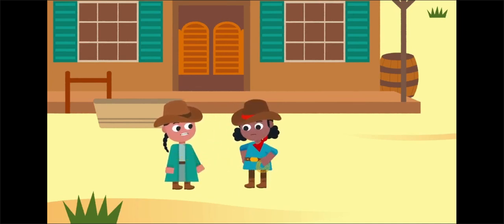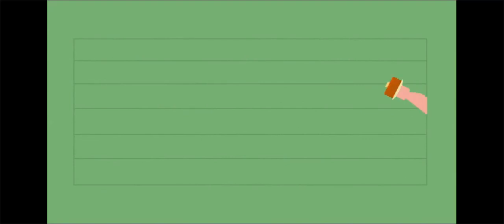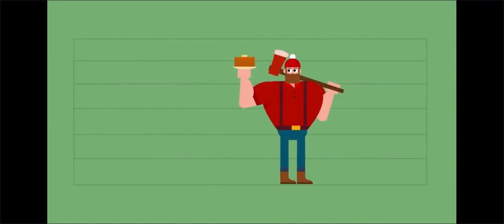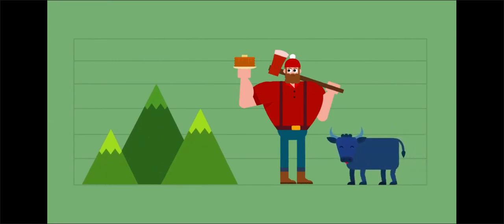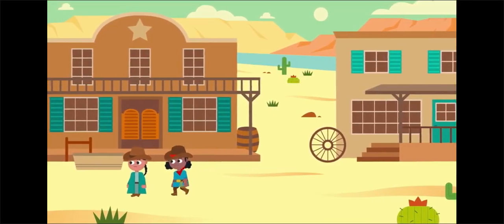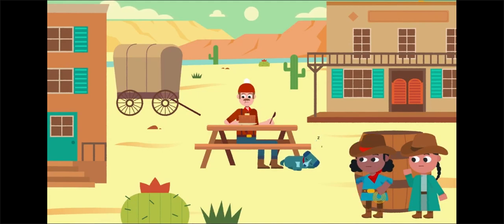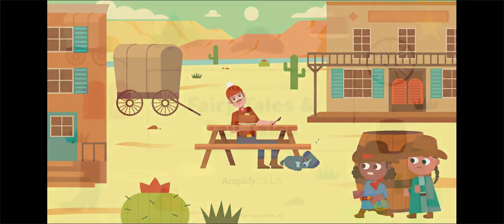Well, he's not a tall tale or exaggeration or whatever. I'm telling you, Paul Bunyan is actually here. I've seen him with my own eyes. He's as tall as a mountain. I saw him and his big blue ox eating flapjacks as big as a field. Well, this I've gotta see to believe. There! Didn't I tell you? Whoa! Amazing! Isn't he something? I can't wait to tell everybody.